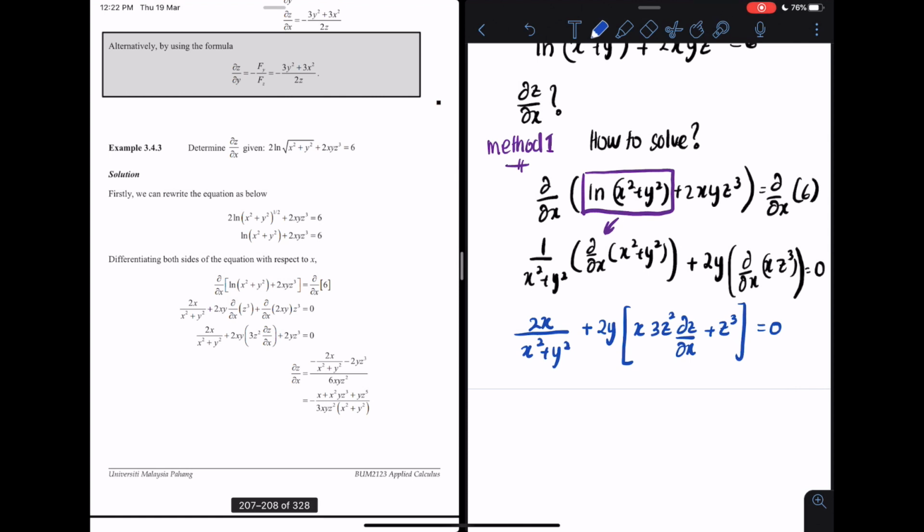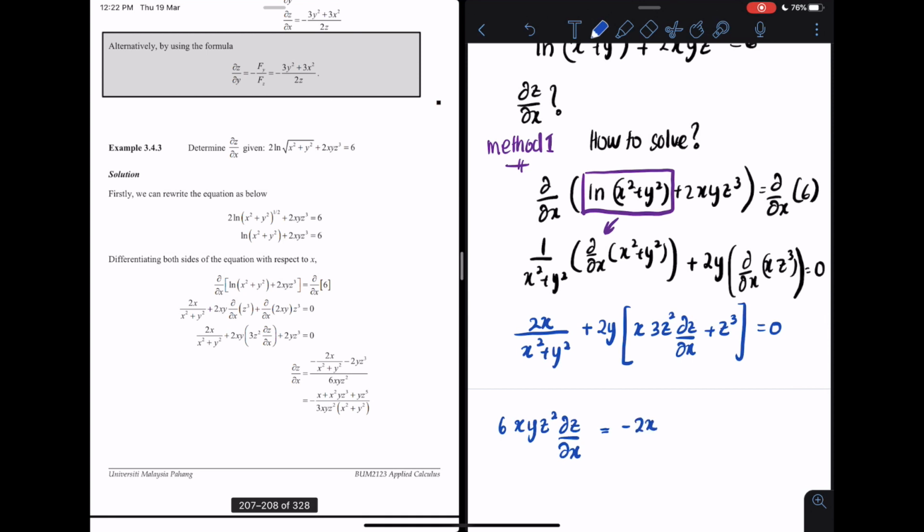Therefore, I will get 2 times 3, which is 6, xyz squared del z del x equal to